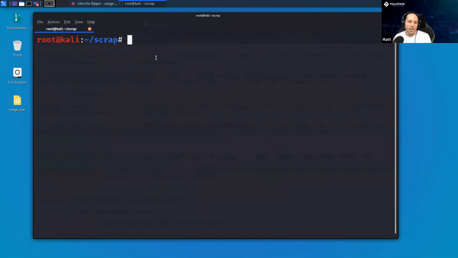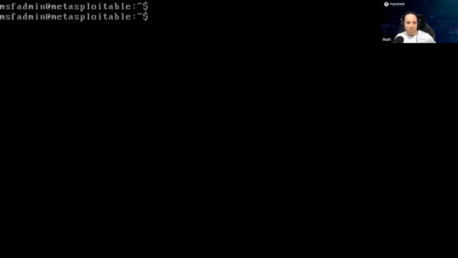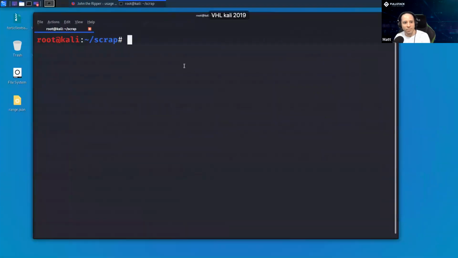I have my root@kali here, and I'm also running this one right here, Metasploitable 2. They're both on the same network. We're not going to need to look at this Metasploitable 2 anymore. What I want to do is attack that Metasploitable 2 machine. It has a web server on it. I know this, I'm telling it to you now.